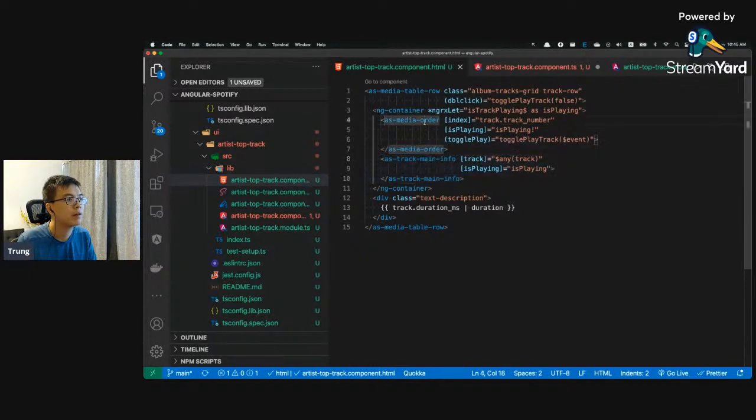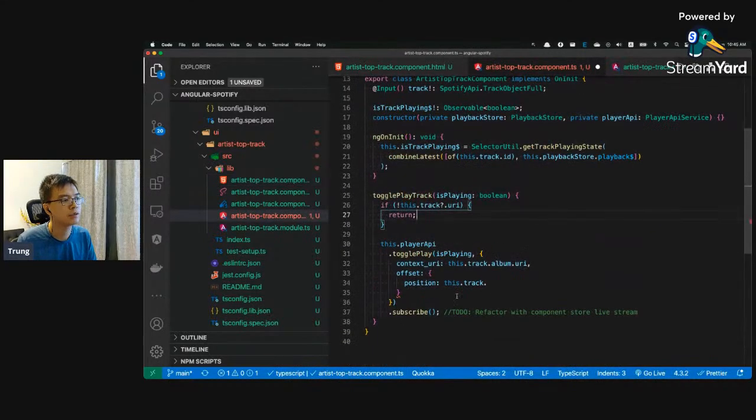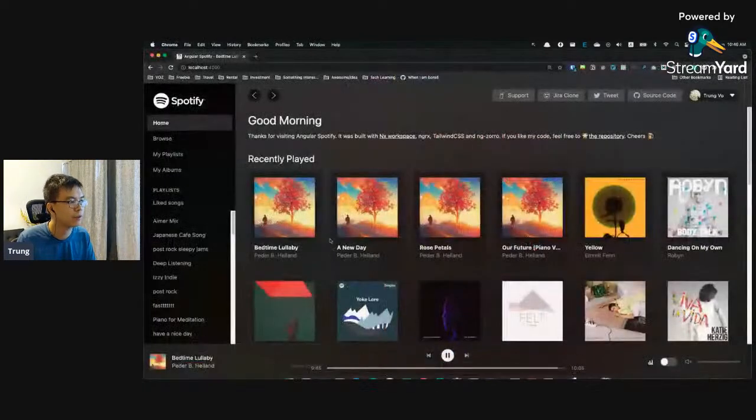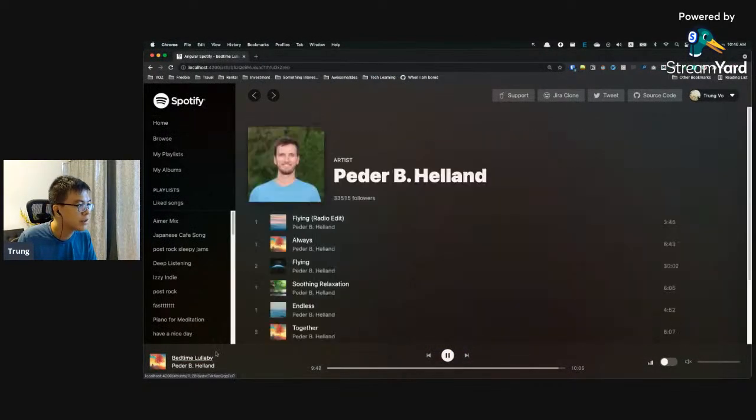Media order. Track number. Okay, we take this track number, so we can render this track number. Okay, yeah, track number. Should work now. But we also wanted to render the order number, like 1 2 3 4 5 from top to bottom. Then I go back into